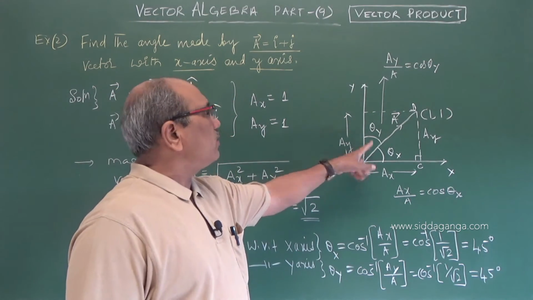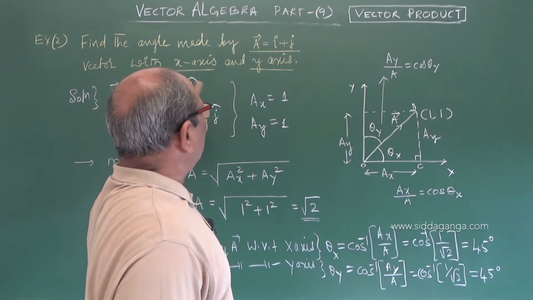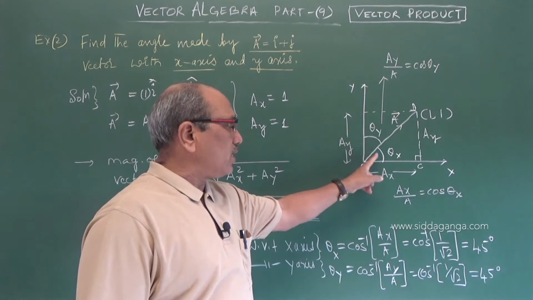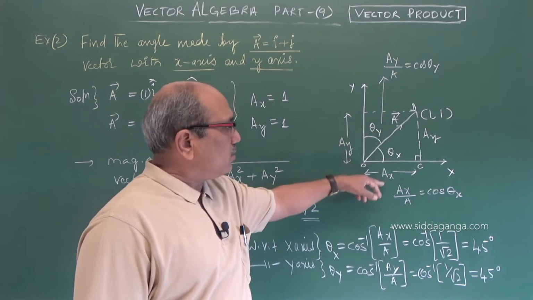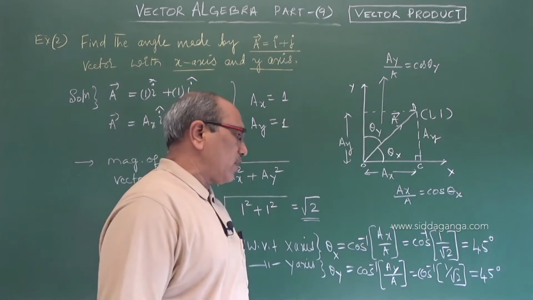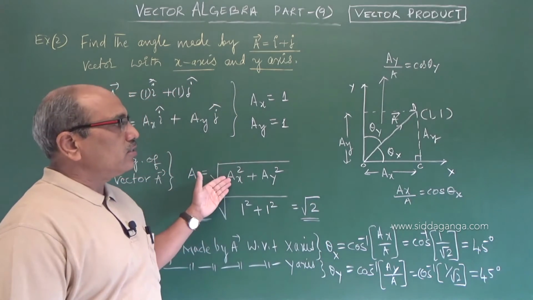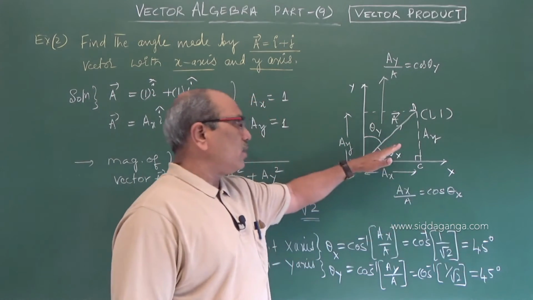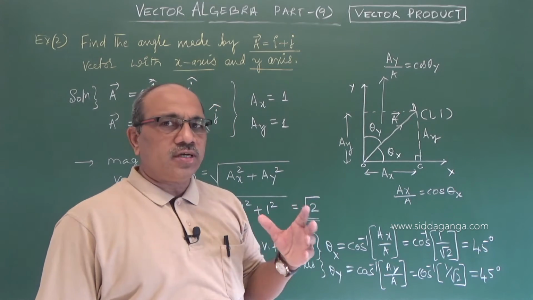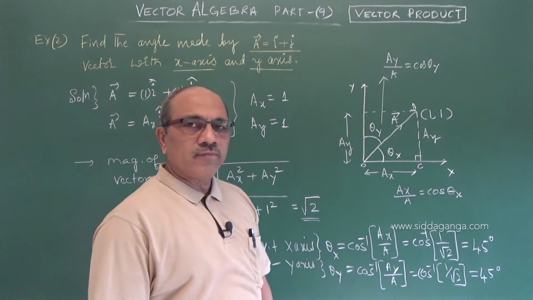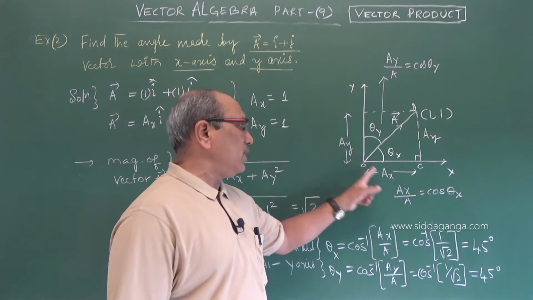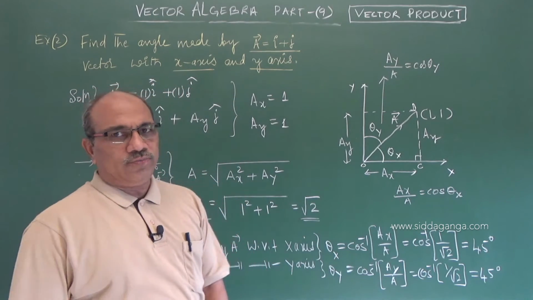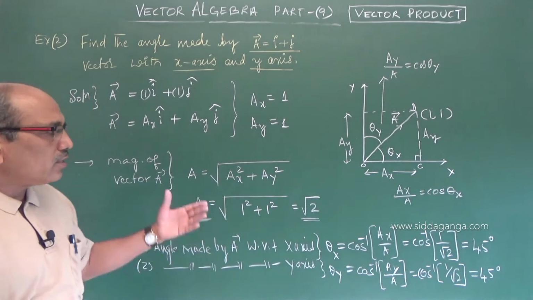So vector A is given, and from that we can also find the component of the vector along the x and y axis. But the question is on finding the angle. If you know the component and the vector, the trigonometric ratio gives us the value of theta. In this case, we got that vector A makes 45 degrees with respect to the x axis and also 45 degrees with the y axis. How we come to this conclusion is, they gave the vector, and from it we can know ay and ax. When the question asks for theta, directly think about the trigonometric ratio, which helps you find theta. Let's go to another problem.